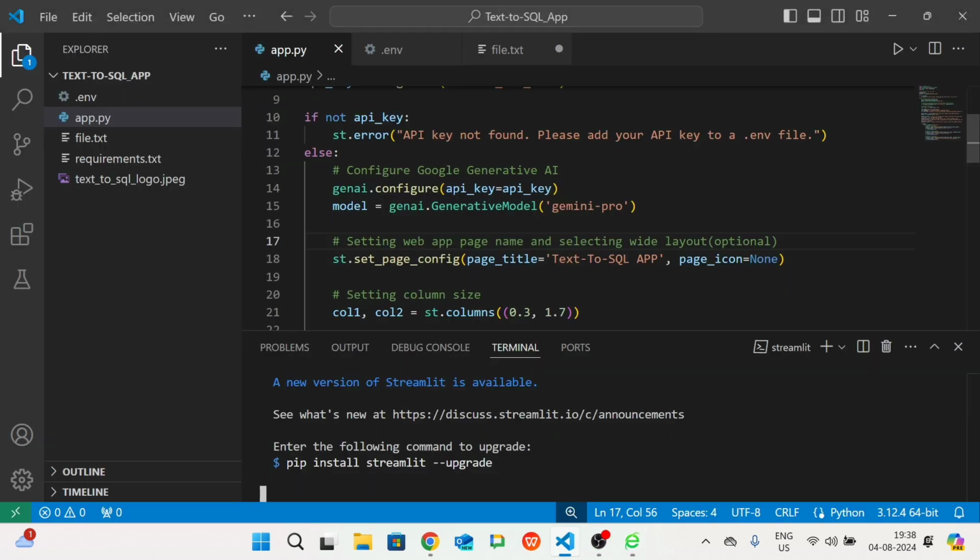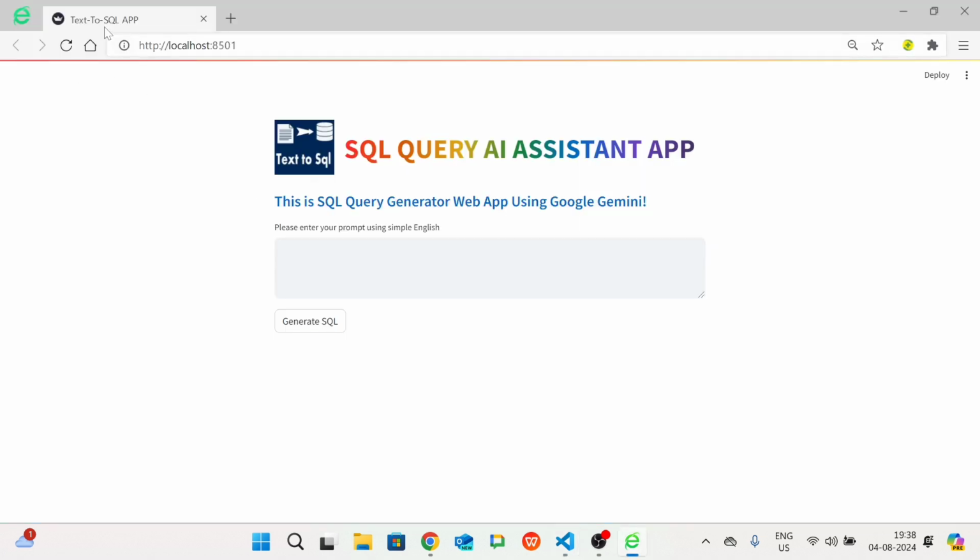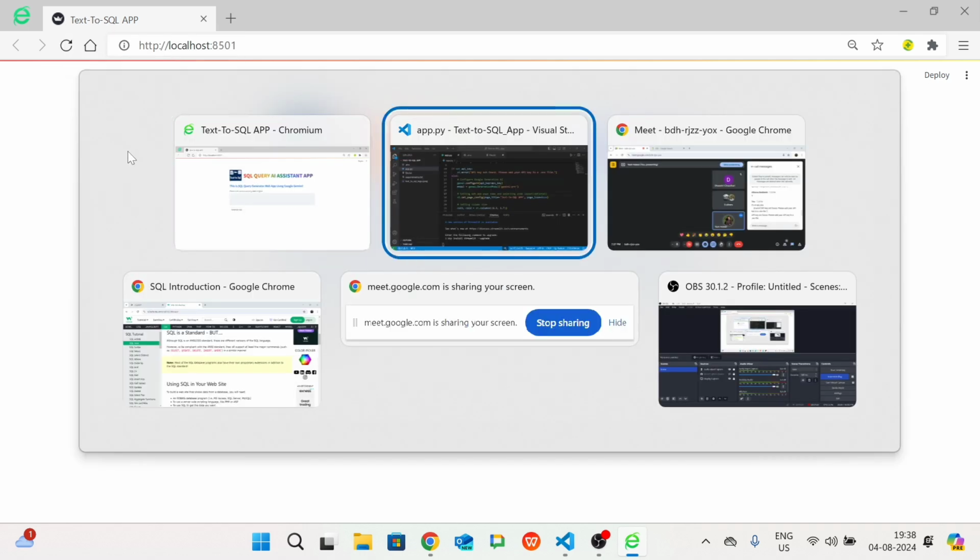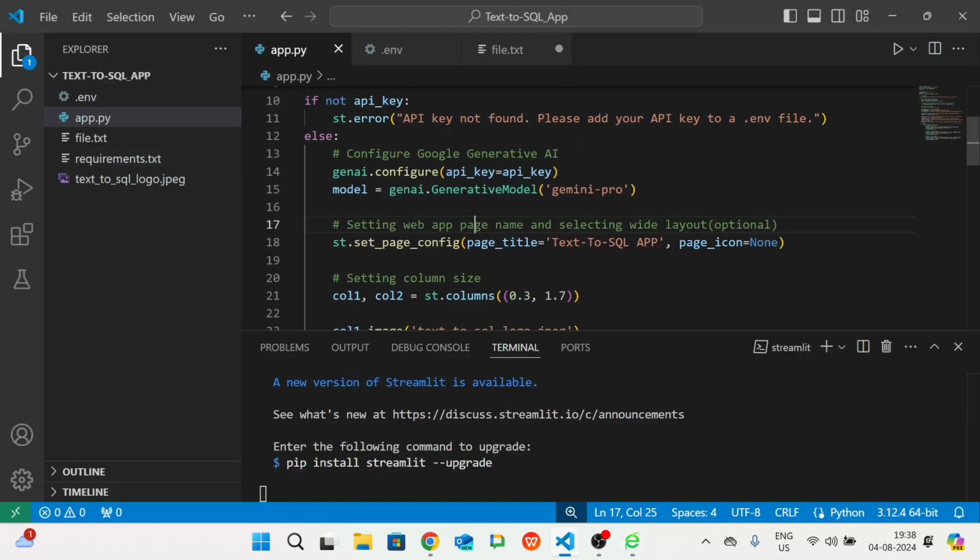Why is it optional? Because it just sets the title of the web app and optionally a page icon. You can see here this is your text to SQL app, with the app name and the icon of Streamlit. This is what the first line is doing.